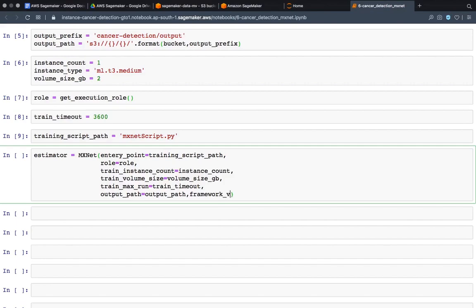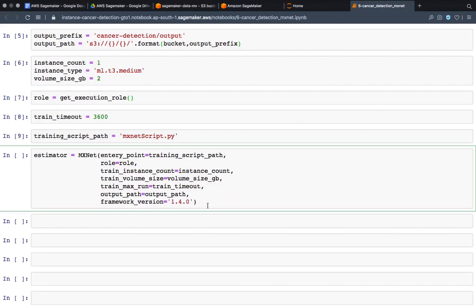Framework version, and we will be using 1.4.0 MxNet. Okay, version is 1.4.0. That's the MxNet framework version. Py version, that will be maybe Python 3. Okay, and then